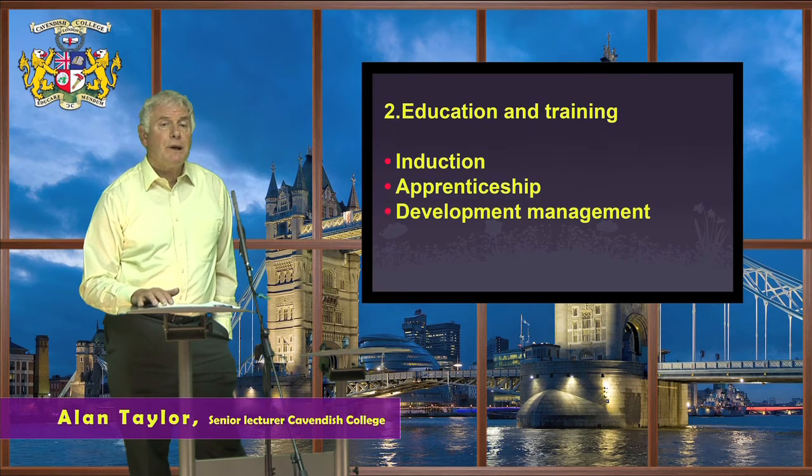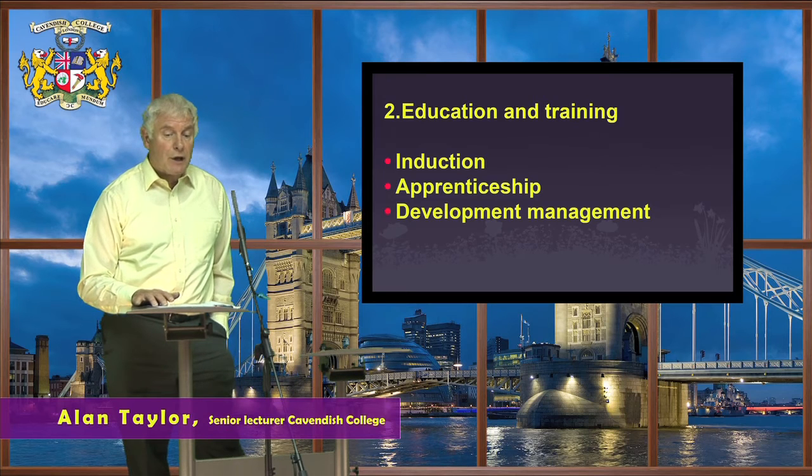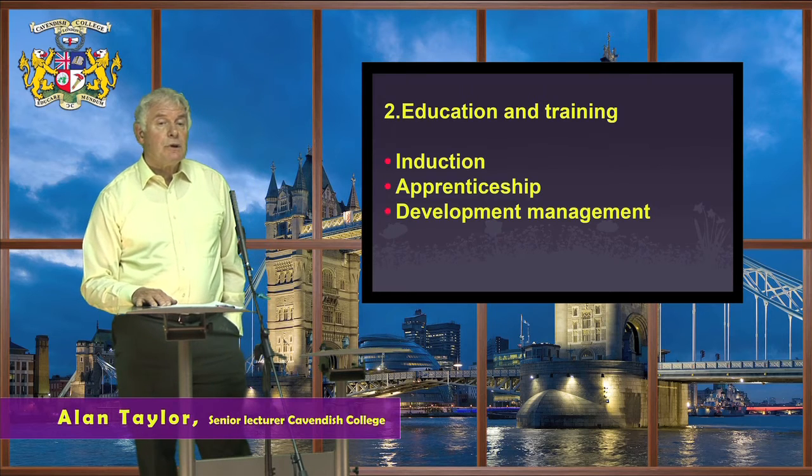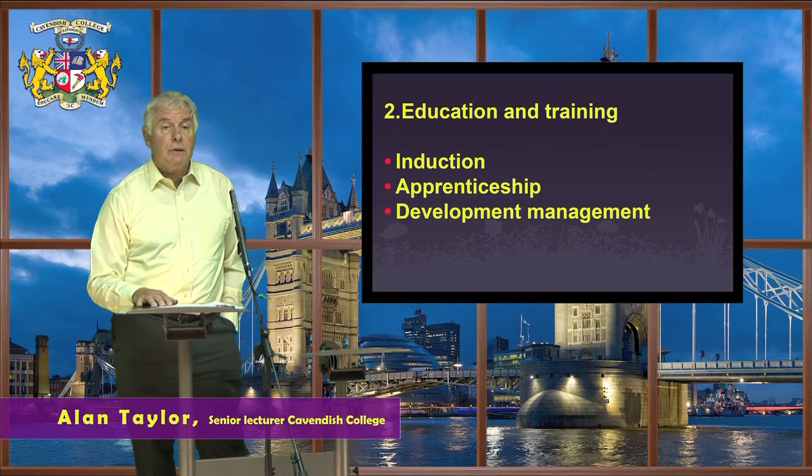They will know where the company is positioned in the world, and the type of activities it does in different parts of the world. It may mean that in a different region it does many different things, makes many different products than those made in the country in which they're going to be working for the company. Also, we need to consider such things as apprenticeships, which are growing again in popularity in the UK, and also the development of staff. Managers have a responsibility to develop staff, and they should ideally be looking to develop their successor in that role in the company.